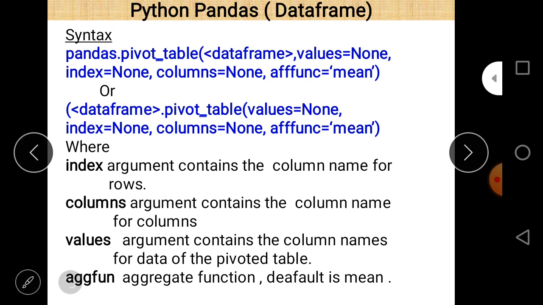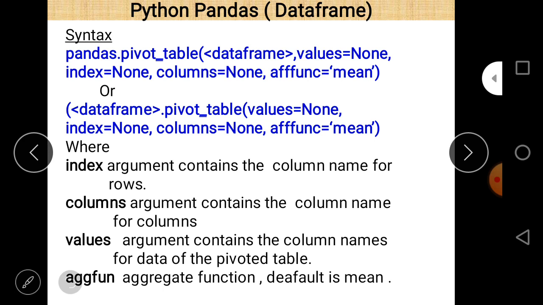And second syntax is that we use the name of data frame first. Suppose the name of data frame is df, then we write df dot pivot table. So name of the data frame first, then the function name, so df dot pivot table, and then in brackets values is equal to none, index is equal to none, columns is equal to none, and aggfunc is equal to mean.